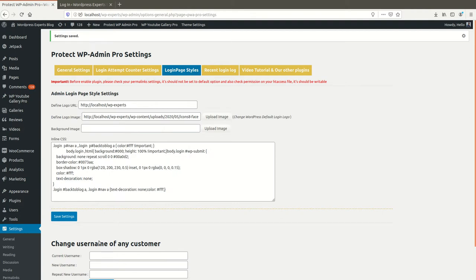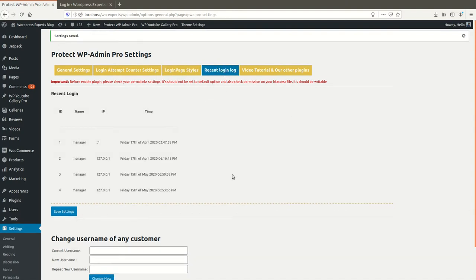Okay, so these settings are also clear. Recent login history. In this section we have given an extra feature in our product add-on, so you will be able to see the recent login IP addresses and date and time. If you have created many admin users, more than one admin user, and you want to track all the user details from admin as well, in that case you can choose this option.